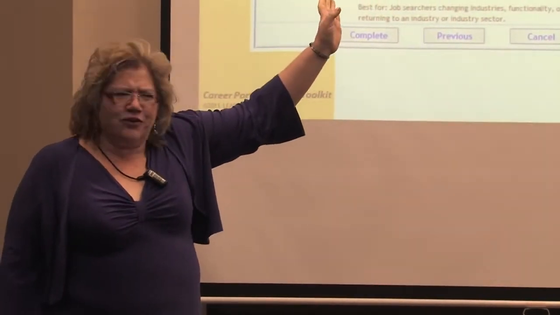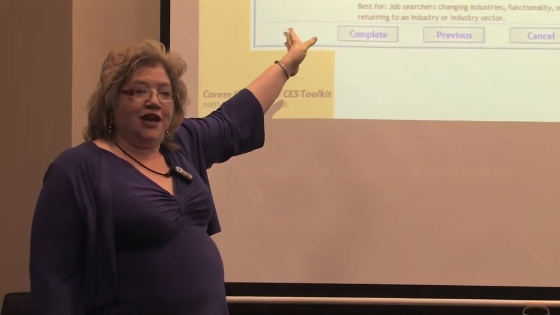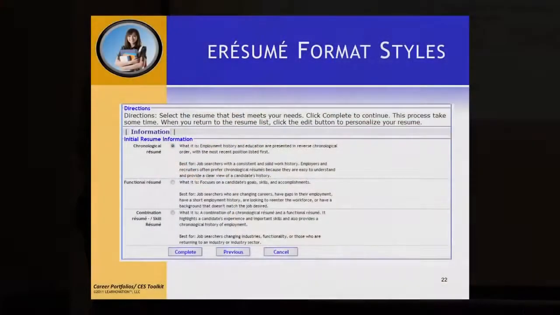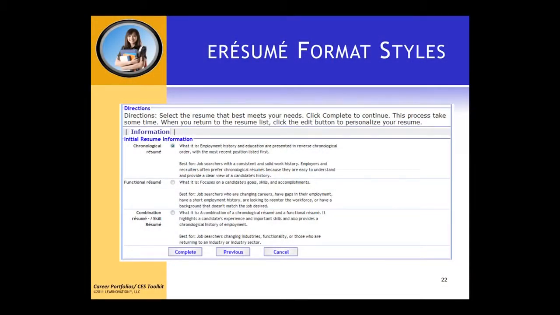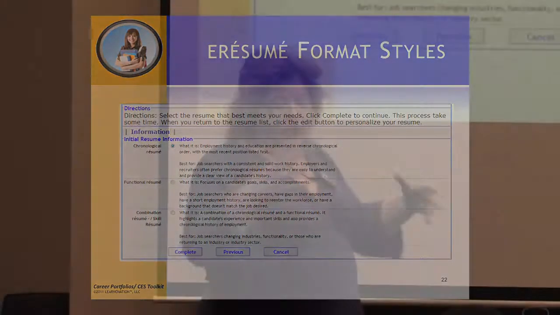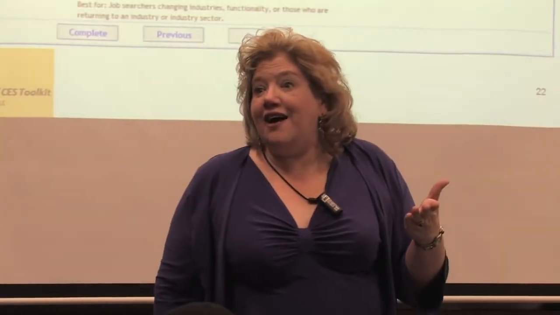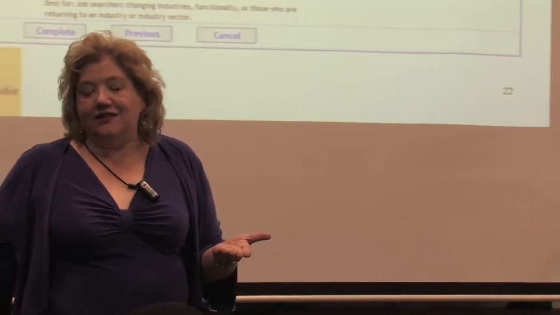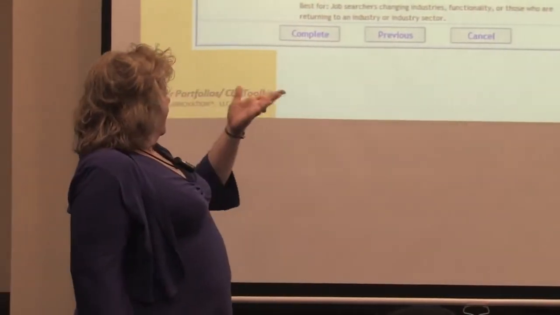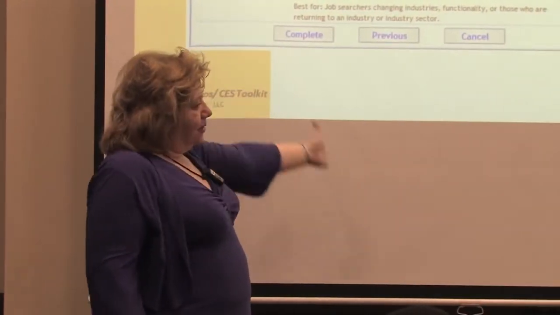You don't have to remember the format of resume. You just get to choose. Do you want to do chronological? That's like in order by time. Do you want to do functional, as in these are my duties and this is what happens? Or do you want to do a combination? My personal favorite, but don't let me bias you. You get to choose. Now, if you've been in the job market 10 years or more, definitely make sure you're hitting something that has chronological in there because they'll top grade you through. After you decide, you hit complete and go on.